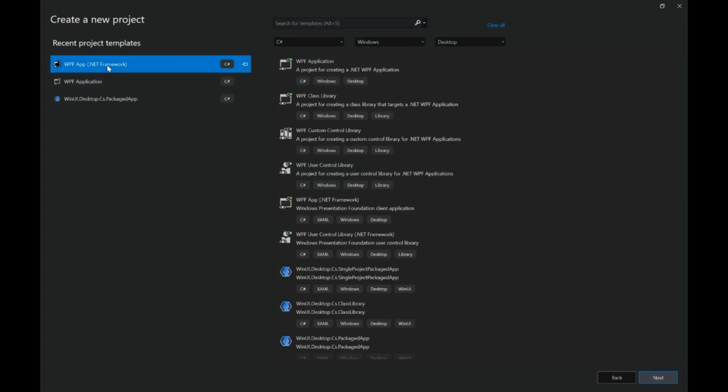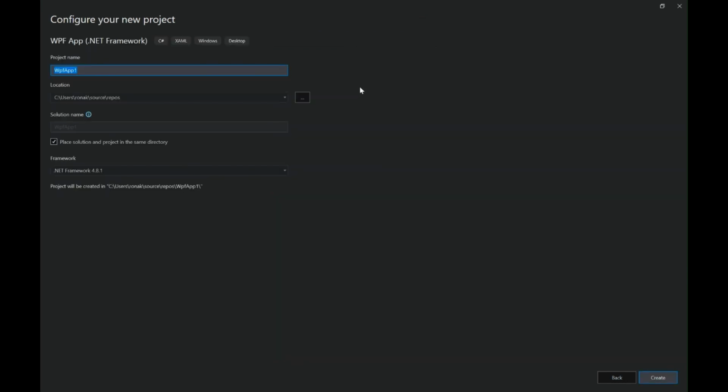Let's select WPF app with .NET Framework. Click on next. Make sure you have opened Visual Studio for Blend and not Visual Studio 2022. Let's give this project a name